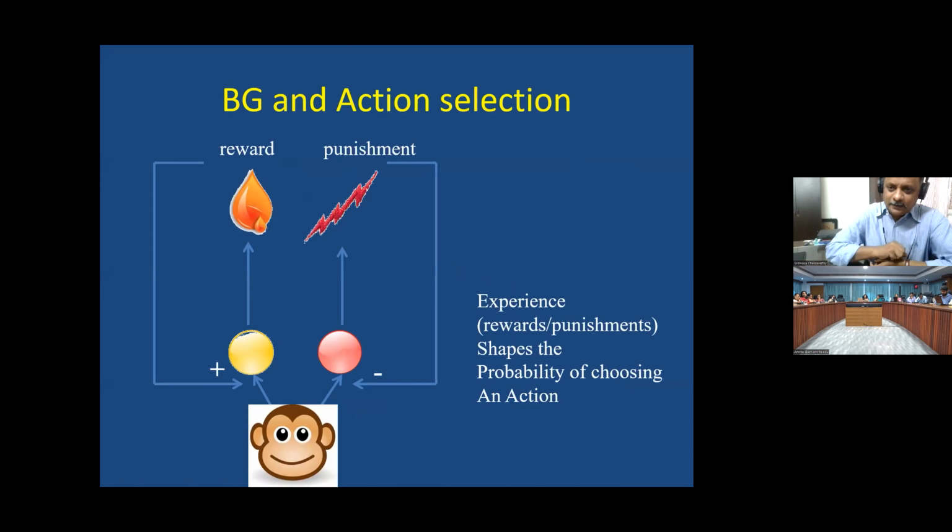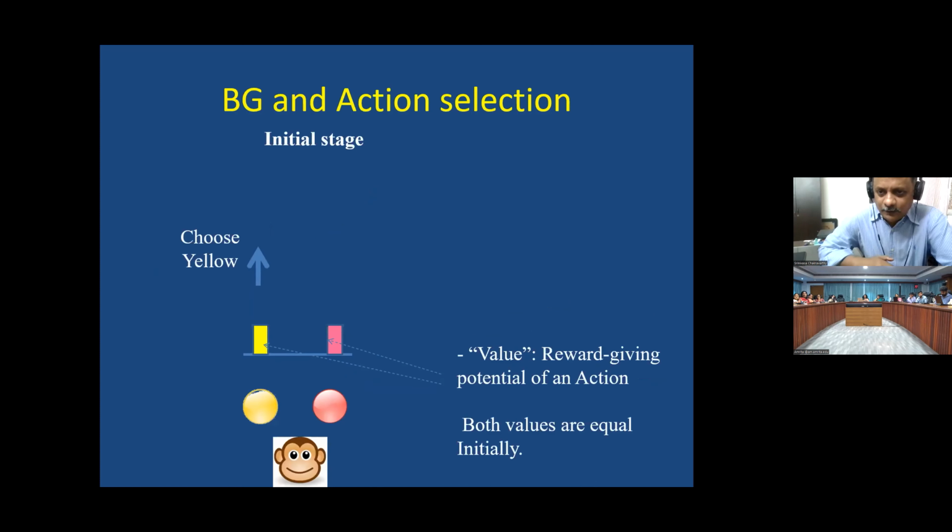Let us develop these ideas a little bit more. So imagine a monkey faced with two choices, right? Pressing a yellow button or a red button. If it presses the yellow button, it gets reward. The red button gives it punishment. It doesn't know that initially. So initially it thinks that both are equally good because it has some kind of priors on each of these